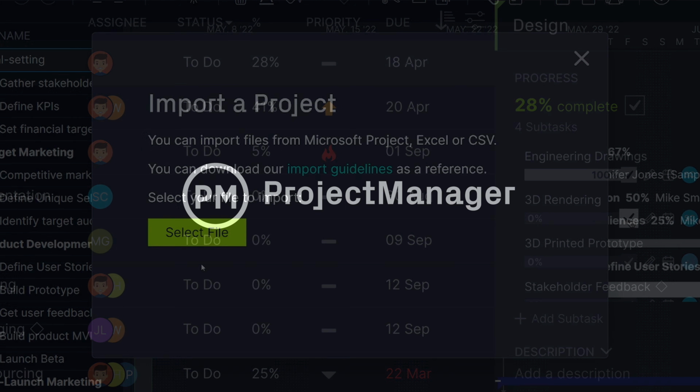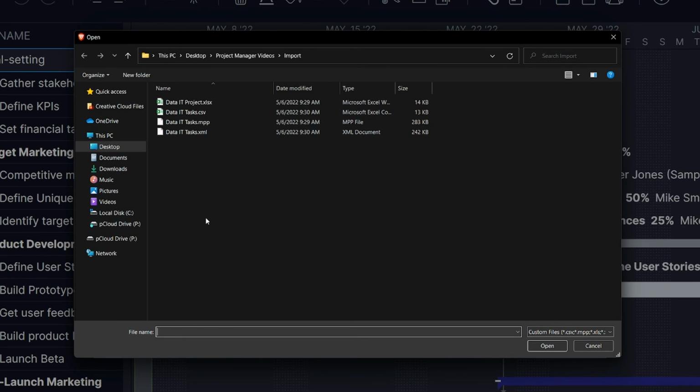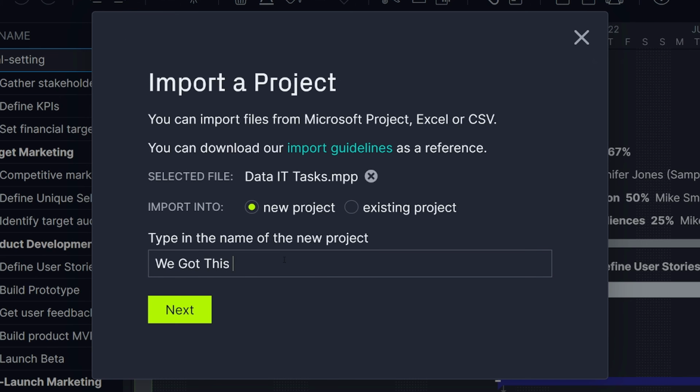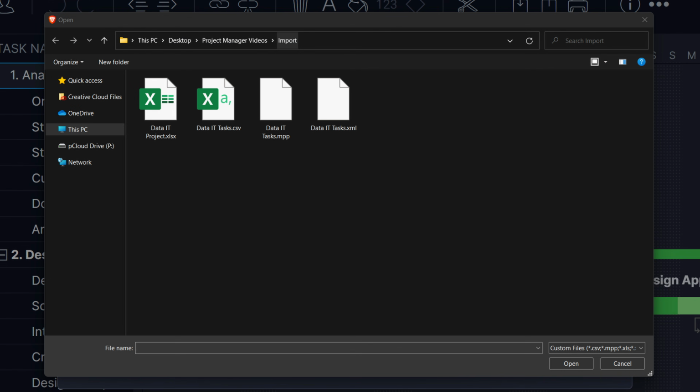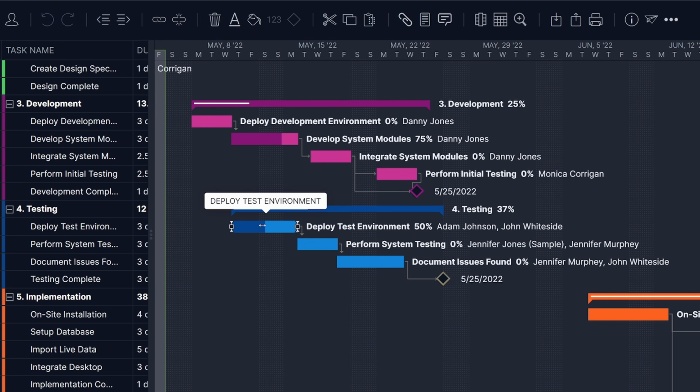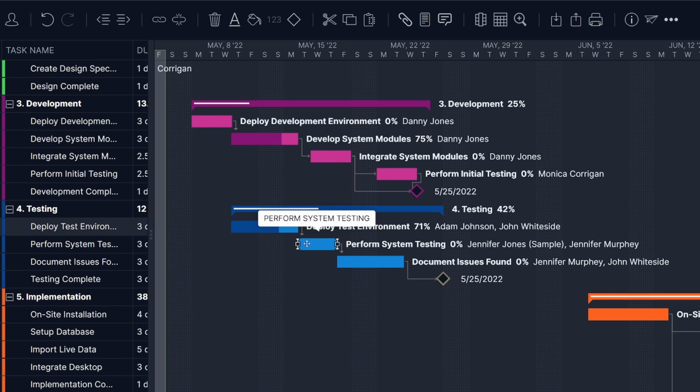With so many different project management tools out there, it's critical to have software that works with a variety of file types. That's why ProjectManager lets you import projects from outside our software in formats such as MPP, Excel, and CSV. This video will show you step-by-step how to use our import feature so you can turn static files into